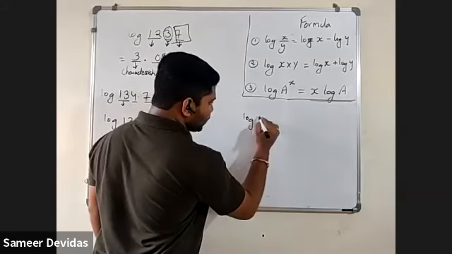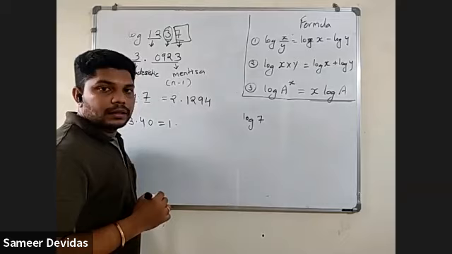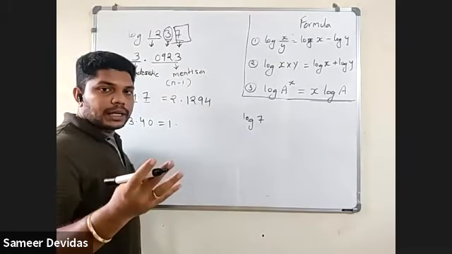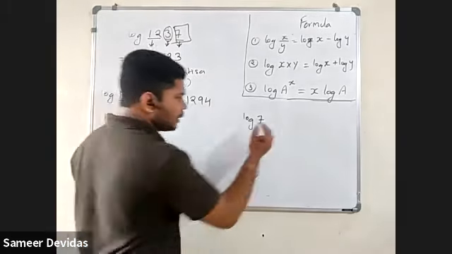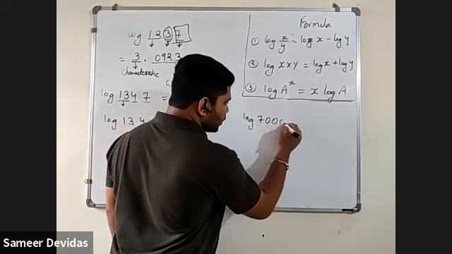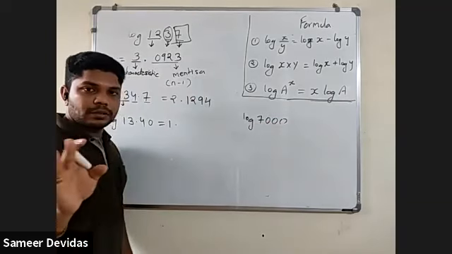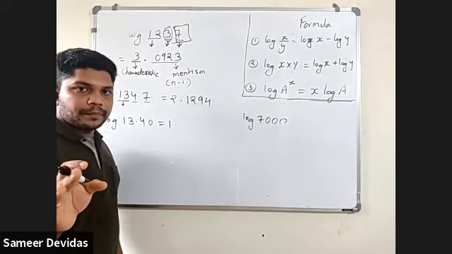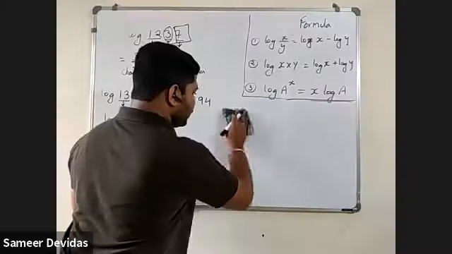Yes, sir. If suppose even one number is there, now see your student. If suppose only one number is given, 7. I have told you 4 numbers are required, but here only one number is there. Then after this, you have to just consider 3 zeros. Understood? Yes, sir. Okay. So same way we'll do here.